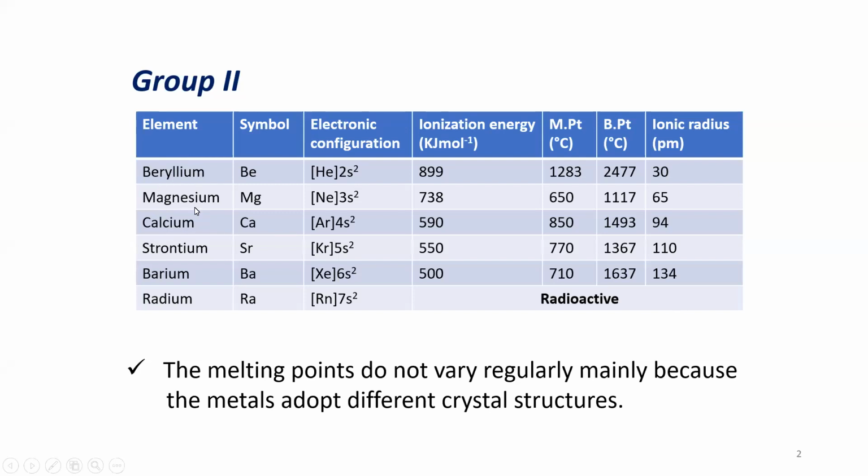So for group 2 elements, we have beryllium, magnesium, calcium, strontium, barium, and radium. Among the group 2 elements, radium is radioactive. Among your group 1 elements, francium is radioactive. So please note this. And for electronic configuration,